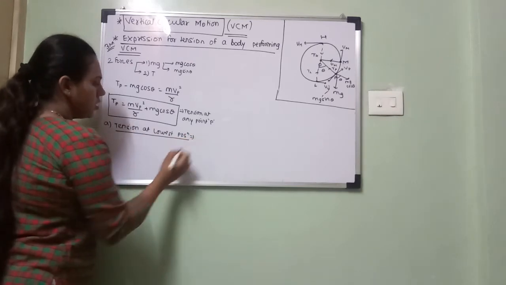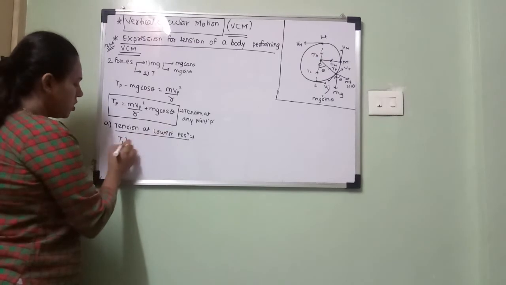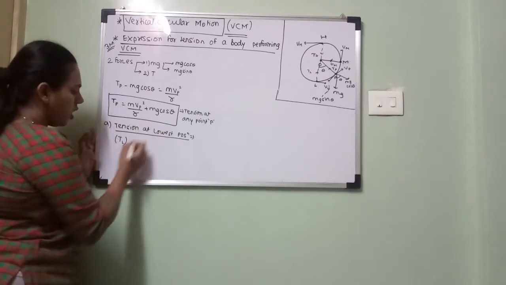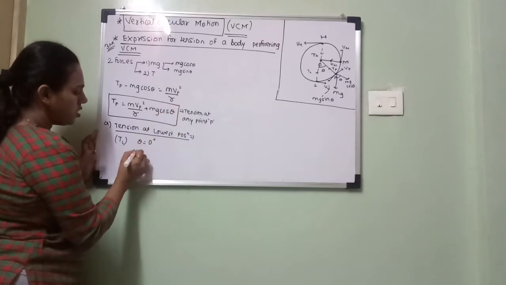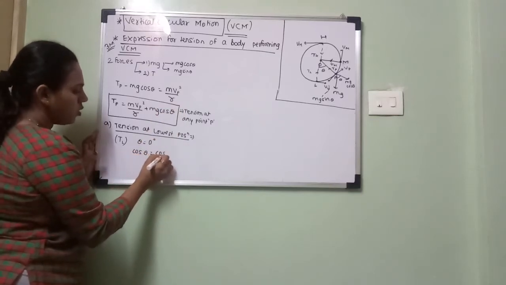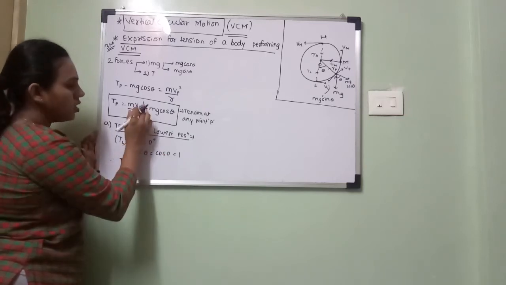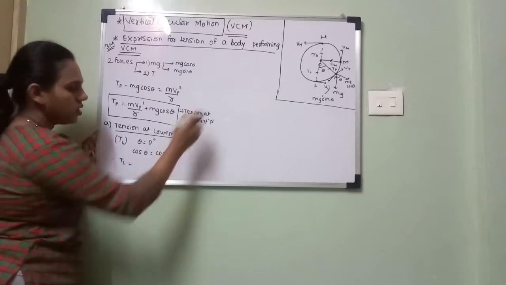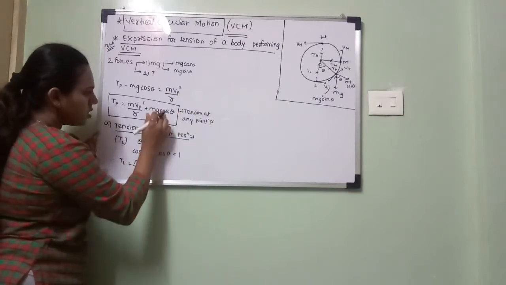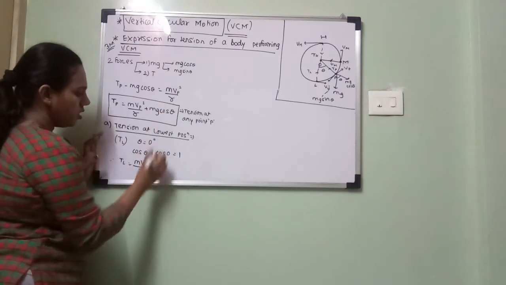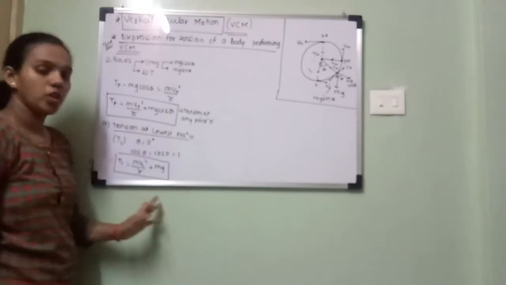Now A part, we will calculate tension at the lowest position. Tension at the lowest position is denoted by TL, right? Now, at the lowest position, what is the value of theta? 0 degrees. Just substitute the value of theta. So cos 0 is 1. Therefore TL is equal to, instead of Vp, you will get the value at lowest as VL, mVL square upon R plus mg, since cos 0 is 1. So this is the tension at the lowest position.